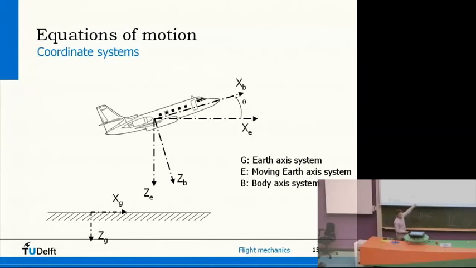Now again, the z-axis is just perpendicular to the x-axis. Then, of course, and this is quite important to realize, there is something called the airspeed vector. And that vector indicates in which direction the plane is going. And that's of course interesting, because that determines the performance, where you're going.